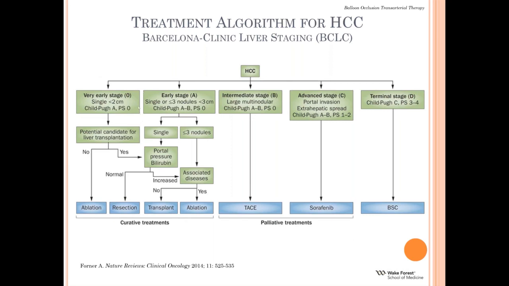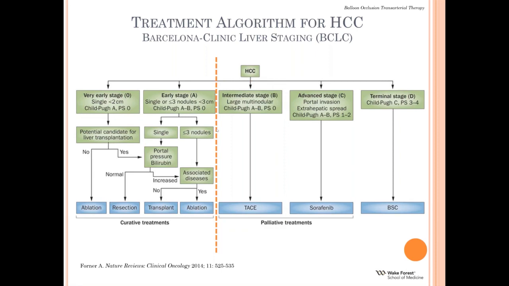And to the left of the table, these patients have the lowest volume disease, the best performance status and the best liver function. As the volume of disease increases to the right and the liver function goes down, as does the performance status, the stage gets worse. And so why that's important is if you draw a line down the middle here,